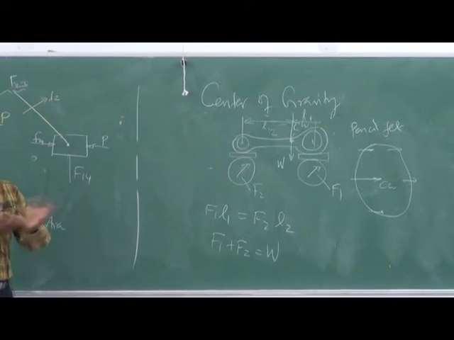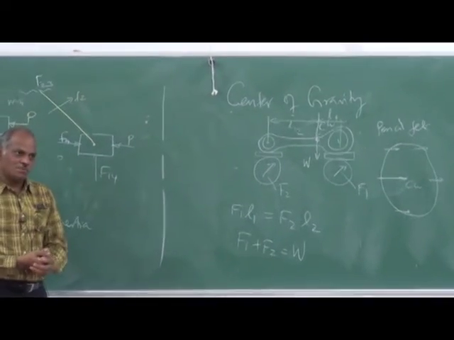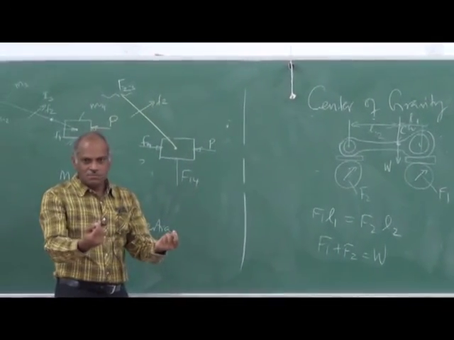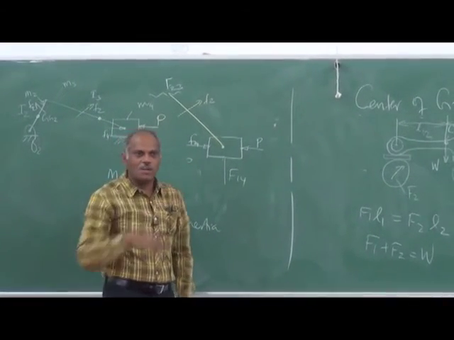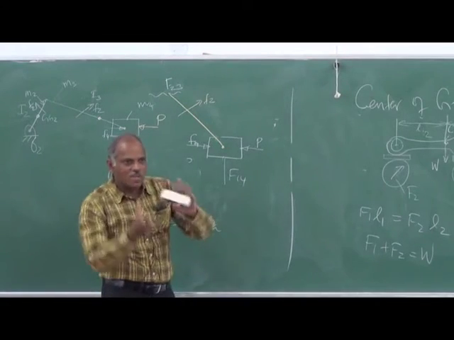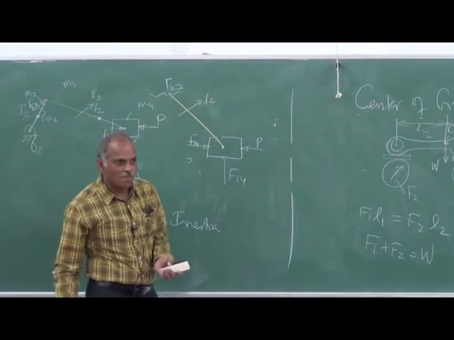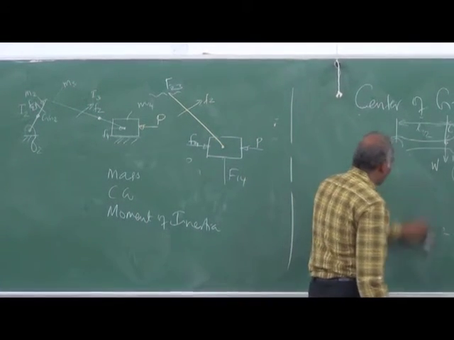So in ISRO, you have a machine to find out the center of gravity. You keep the satellite over there, it will have a force transducer to measure it, and it will calculate and tell you where the center of gravity is. You cannot suspend it or rotate it and do these things. So that is a very important job for them.